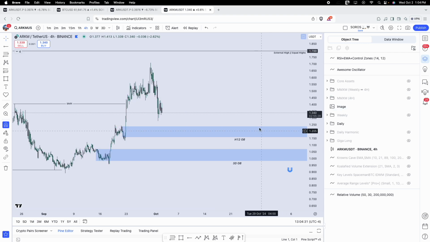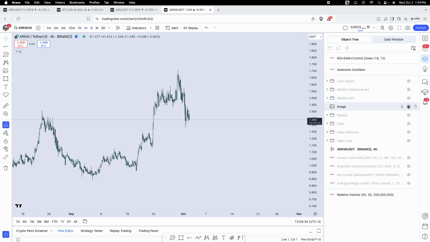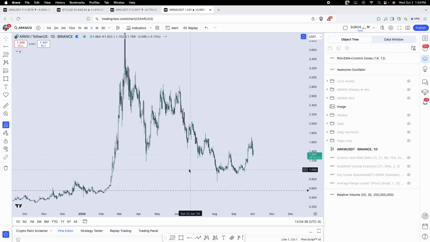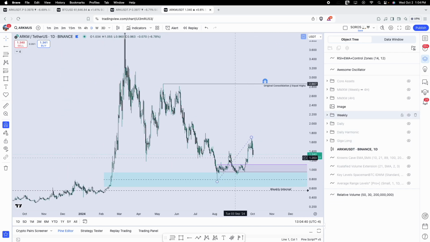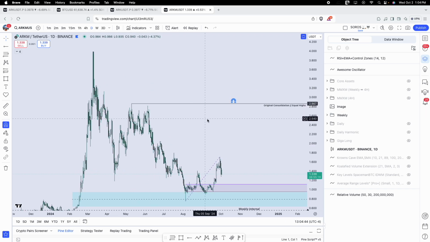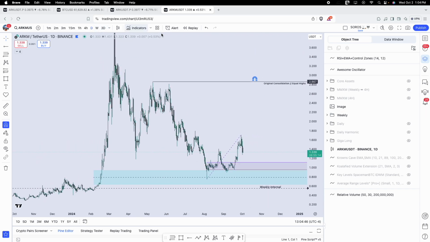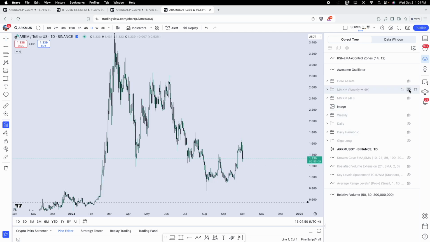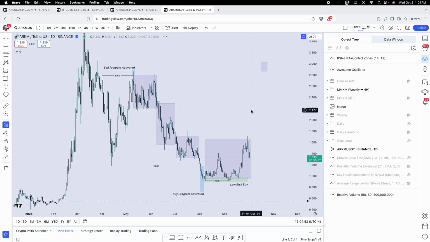High time frame, again, this is 4 hour, right? But high time frame, this is what I'm actually trying to trade. Because we rebalanced more than half of the weekly, this is now my draw on the weekly. So if we go back into the daily time frame, this is the structure I'm trading.